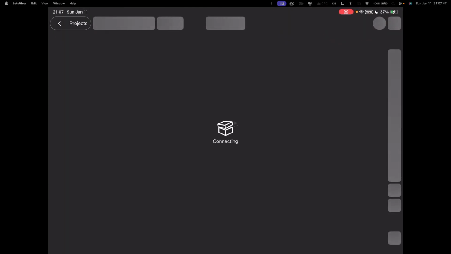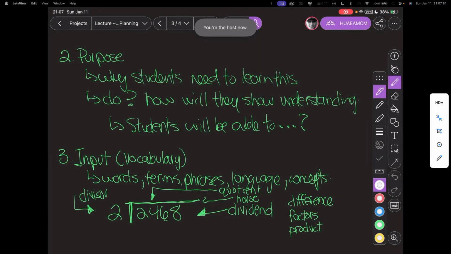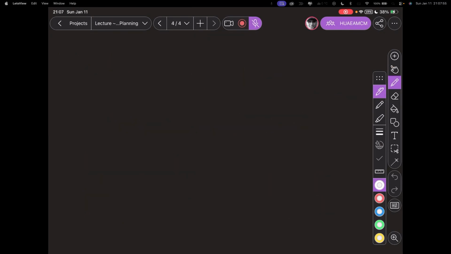Just wait till my thing gets its act back together here. There we go. I'm the host. Fantastic. Okay, there we go. Oops. Oh, did it not record those? Oh, nuts. Okay, so let's go back to number 4 as modeling. The wonderful part about technology is it's great when it works. So, modeling.